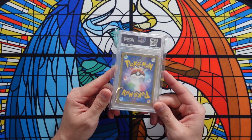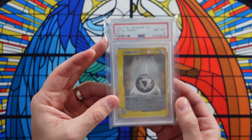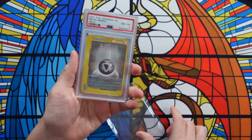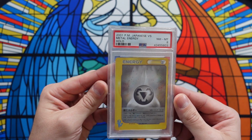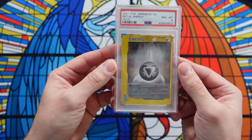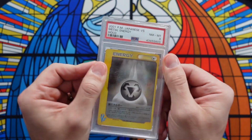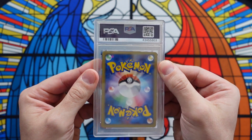So you can see here we have a Japanese PSA Pokemon card that I purchased, and I don't think I purchased this one. I think someone actually sent it to me for free, so thank you, Tony, if you're watching this. We have an old school energy, just a steel Japanese metal energy. And so boom, right there, PSA 8. The slab actually has some scuffing and stuff,